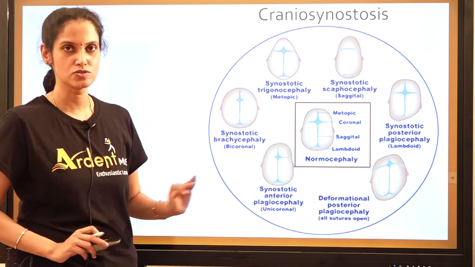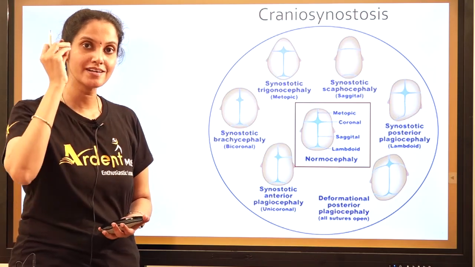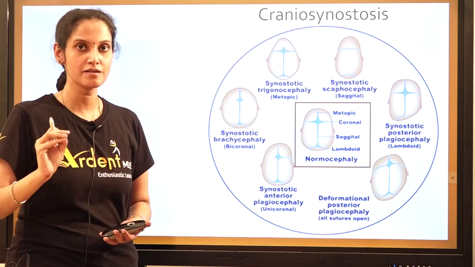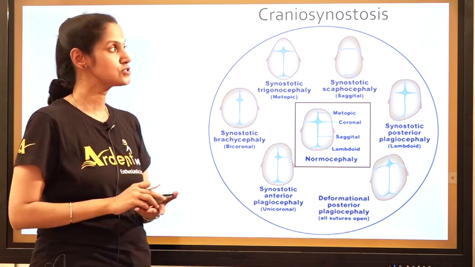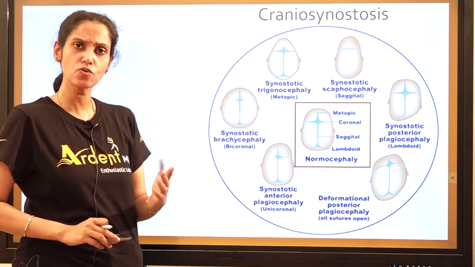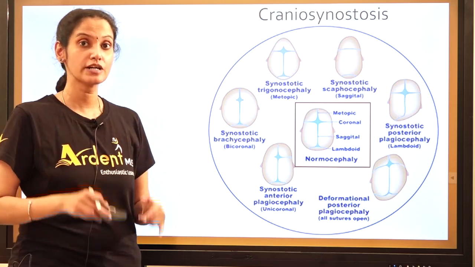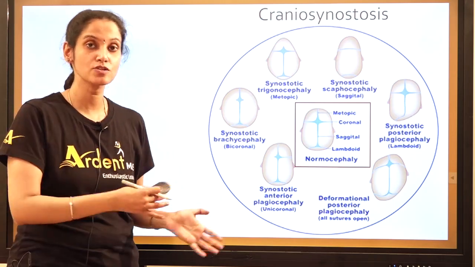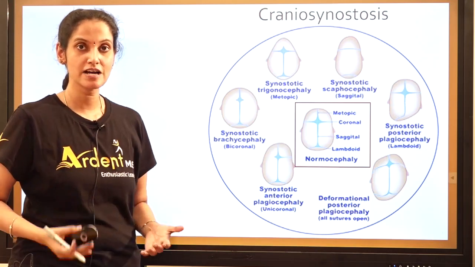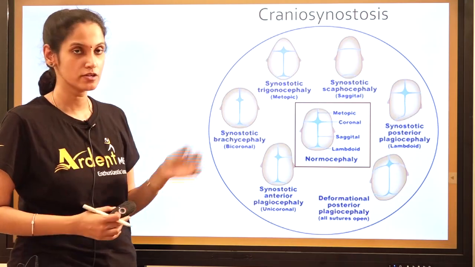What is craniosynostosis? Remember that the cranial sutures will take their time to fuse, but premature fusion of cranial sutures, you call it craniosynostosis. So what if it gets prematurely fused? If it gets prematurely fused, the development of the brain is going to get affected and it's going to deviate in its direction. The skull development, even the shape, is going to change.